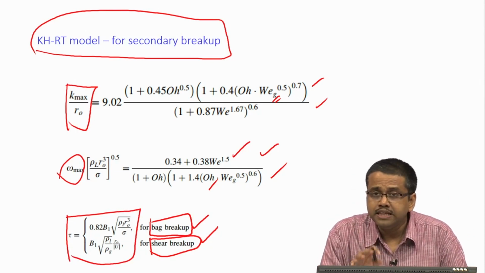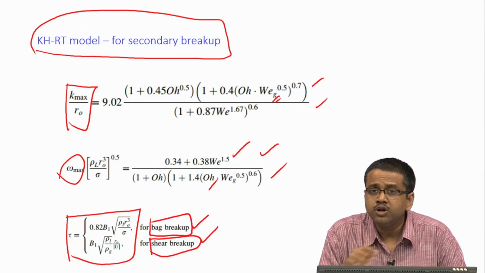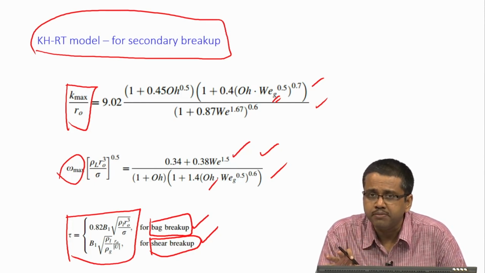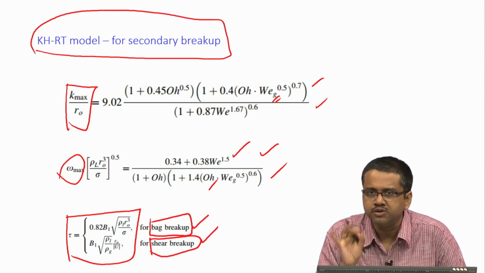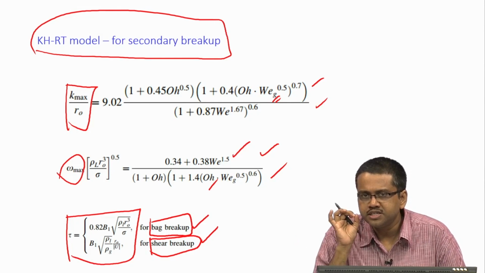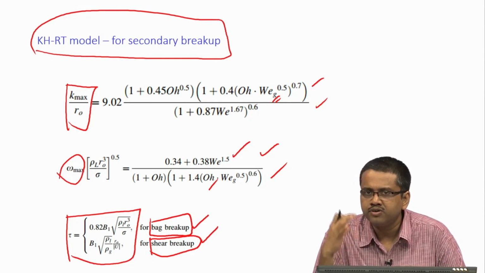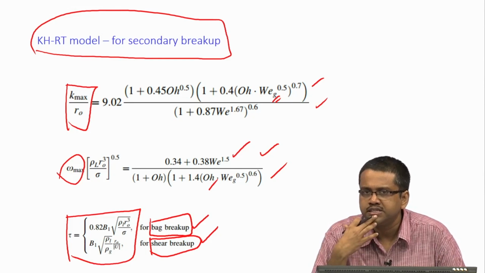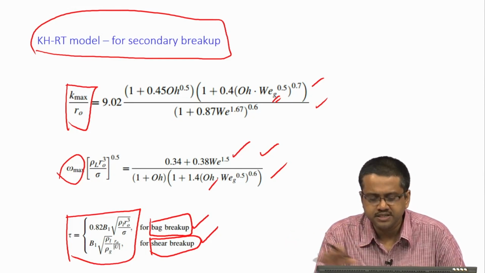These are, let me remind you, this does not include any effect of swirling flow or any other complicated flow dynamics, okay, which happens in real life. This is a pure jet, a liquid jet that is coming out in a pure uniform flow field. That is how this is modeled, okay. So, let us not get ahead of ourselves and think that this is something else, okay. So, this is just a pure liquid jet that is coming out in a coaxial flow. So, there is no swirl, no tangential component, and all of those things have been neglected